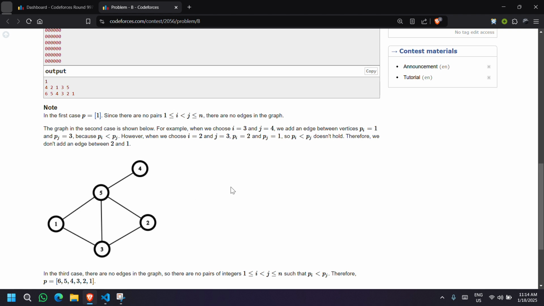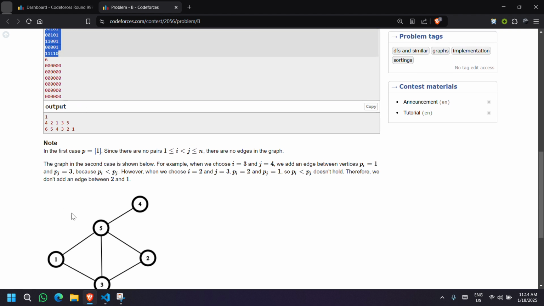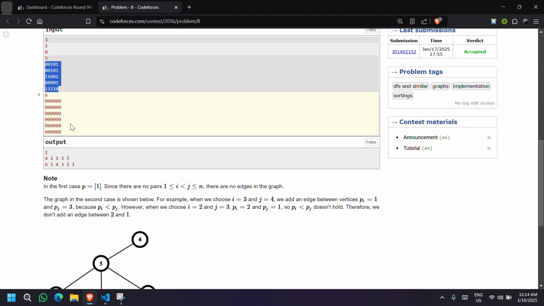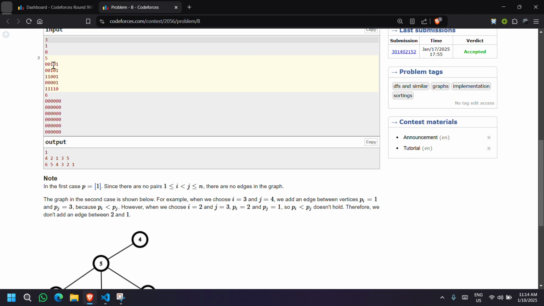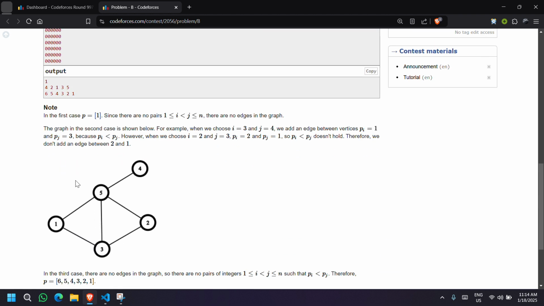First draw this graph using this adjacency matrix. 5 is connected to 4. Wherever 1 is present, take the row and column of that cell and connect them.